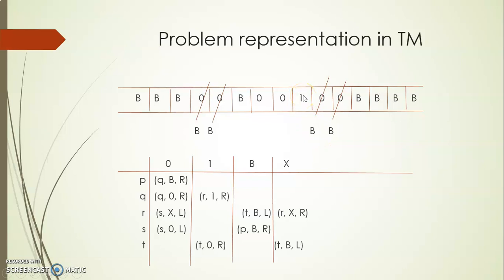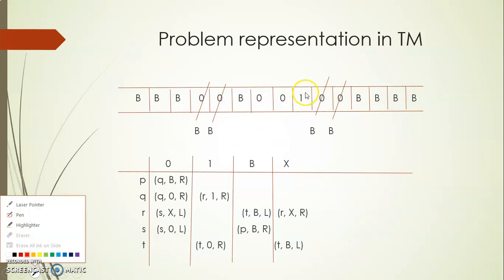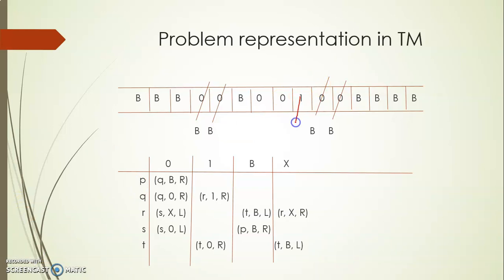So finally I'll be having it like this. This 1 has to be converted to 0, so that finally I'll be having 3 zeros in my tape. And here, I've forgotten to indicate the starting state and the accepting state. So this is your starting state, and this is your accepting state. You can go through the transition functions by yourself. You can understand it easily.